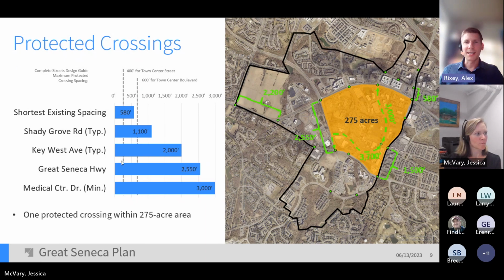And I just wanted to emphasize here the long distances, which is probably no surprise to folks familiar with the area, that there are really long distances to travel between those protected crossings. The dashed lines on the chart show, in a town center context, that is likely what our vision is for this area. Recommended that there are crossings every 400 feet for a town center street or 600 feet for a town center boulevard, and only a few locations in the plan area meet those guidelines, and in the other areas